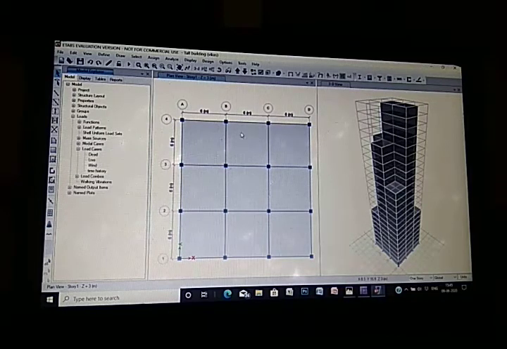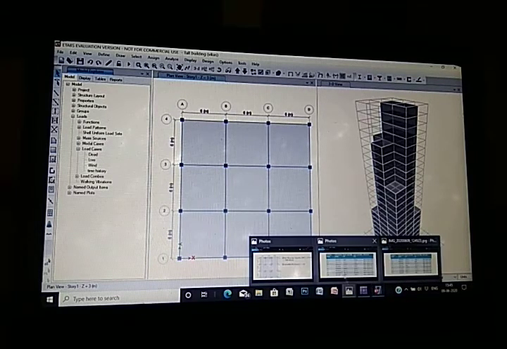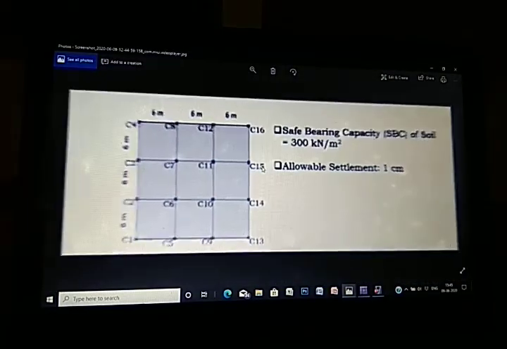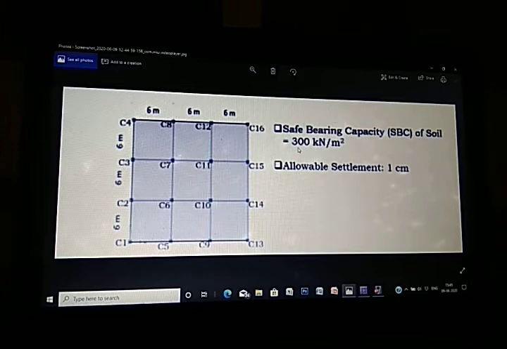So from this e-types I have taken the values of the dead loads, live load and the plan. So these are the values I have taken. So this is the plan where I have taken soil bearing capacity 300 and allowable settlement 1 centimeter,